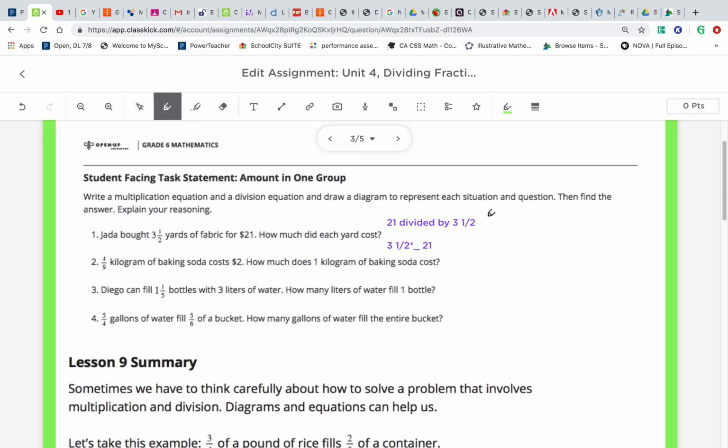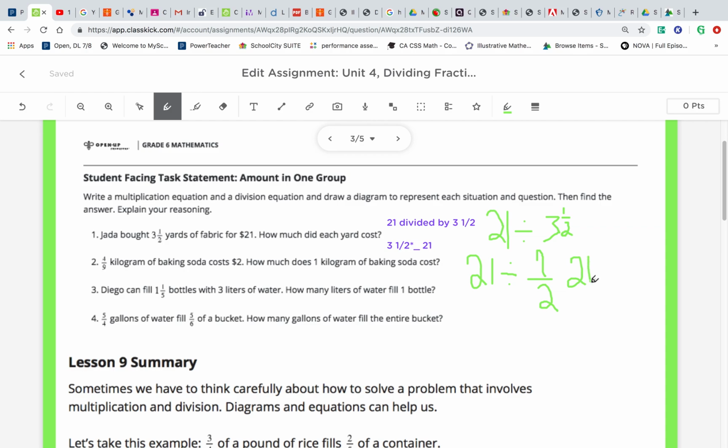Okay, so 21 divided by 3.5. That's 21 divided by 3 and 1/2. Remember, when we do calculations, any sort of computation with mixed numbers, it's almost always going to be easier for you to make this into an improper fraction. So 21 divided by 3.5, I'm going to call that 21 divided by, and then we've got to go around the world: 3 times 2, that's 6, plus 1 is 7, and we put that over 2. Okay, and then 21 divided by 7 over 2,